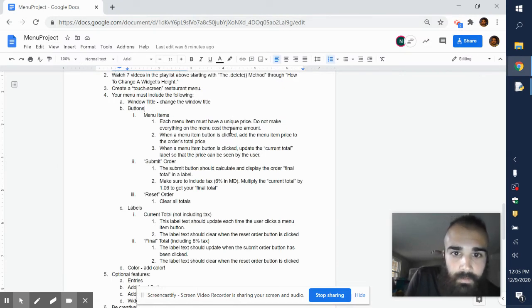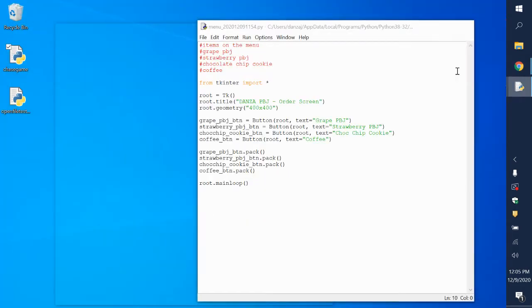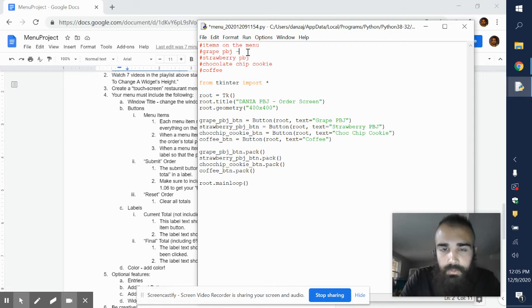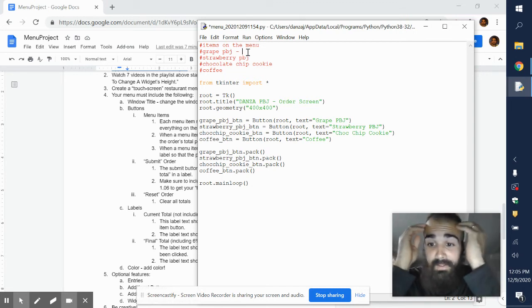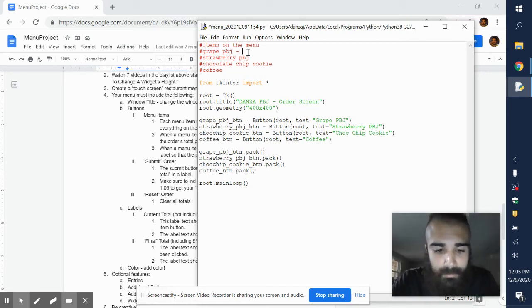All right. So don't make everything cost the same amount. I guess I should determine my prices, right? So a grape PB&J, let's see. A grape PB&J is going to cost $2.75. Right? This is a gourmet PB&J we're talking about here, so I'm up in the price, $3.75, right? Strawberry, gonna cost a little bit more. We're gonna say $4.25. These are like nice sandwiches, like nice bread, the best like jelly you can imagine,